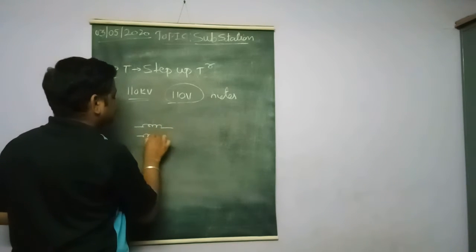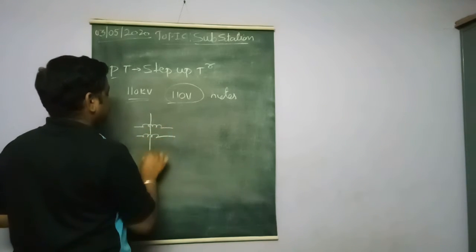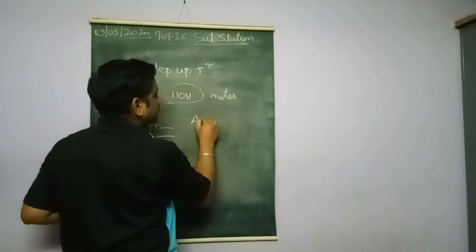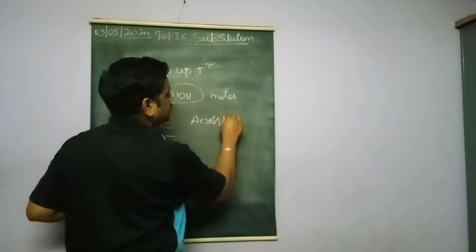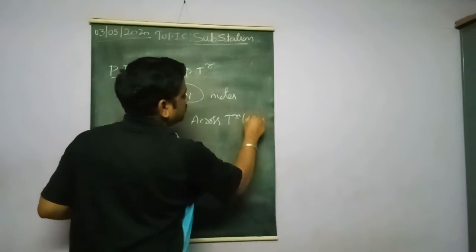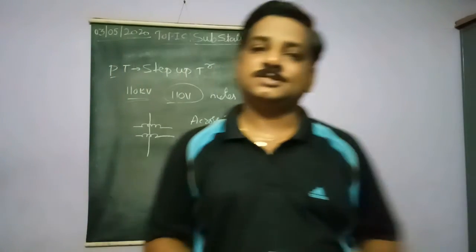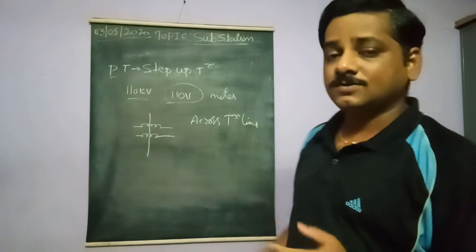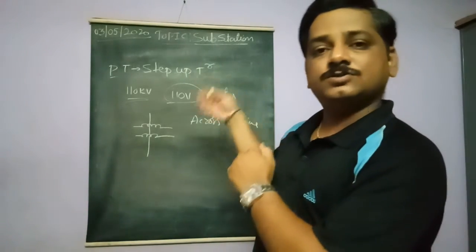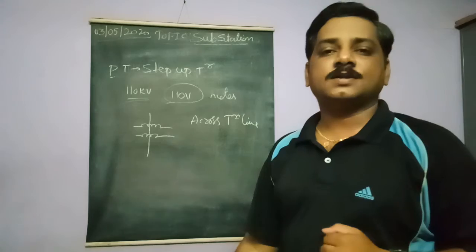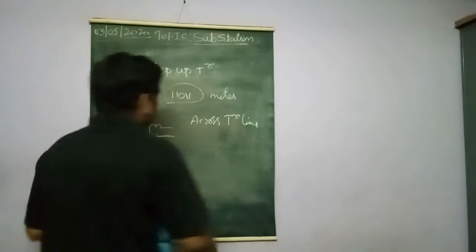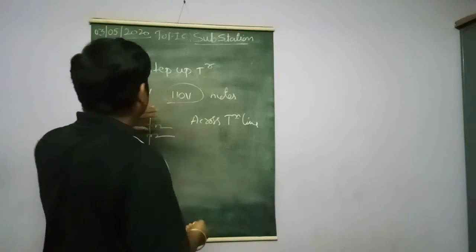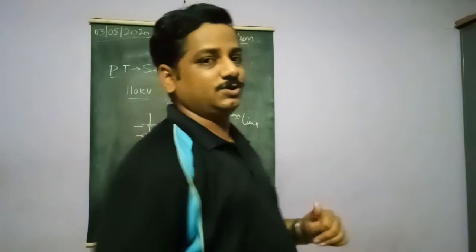So the potential transformer, generally we show it like this in a transmission line, primary and secondary. It will be connected across the transmission line, whereas CT was connected in series to the transmission line, PT will be connected across the transmission line, so that the voltage can be measured. So always it should be in parallel or shunt to the transmission line. So here we need to write the number of turns in primary and secondary. Definitely now we need to understand first whether it is step down or step up voltage.